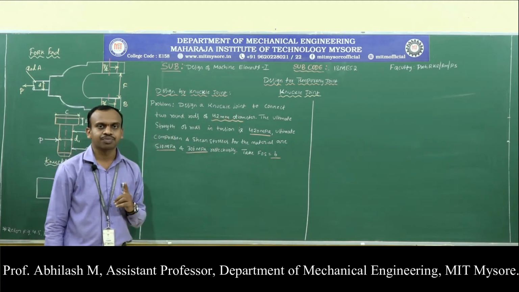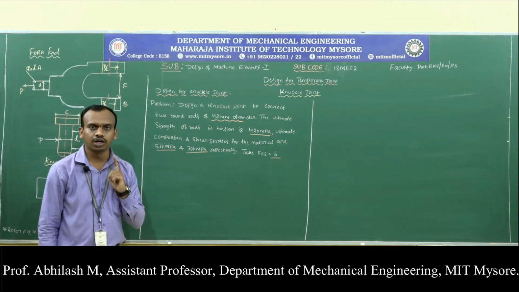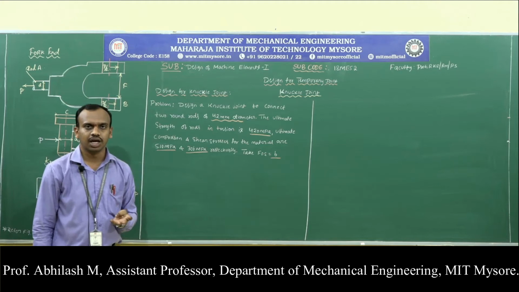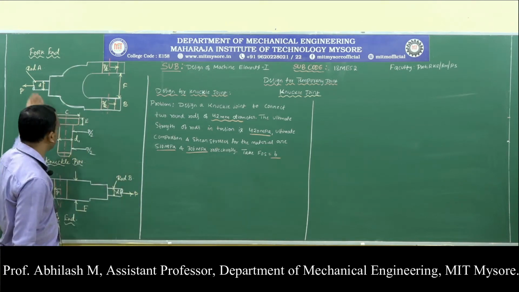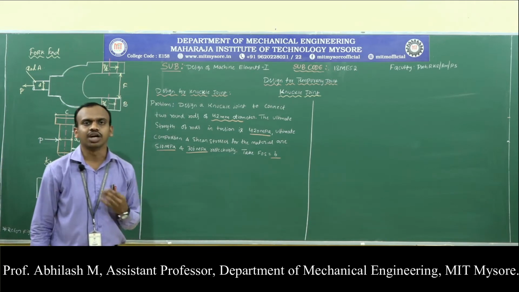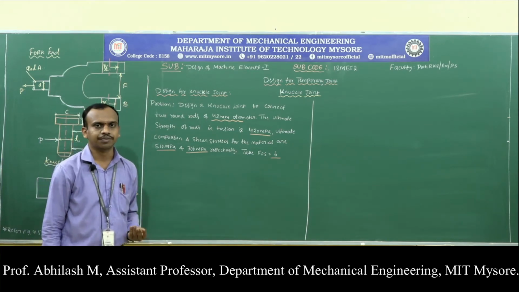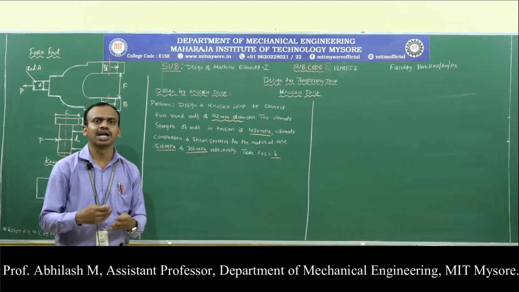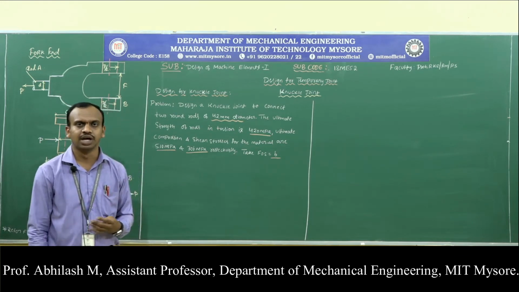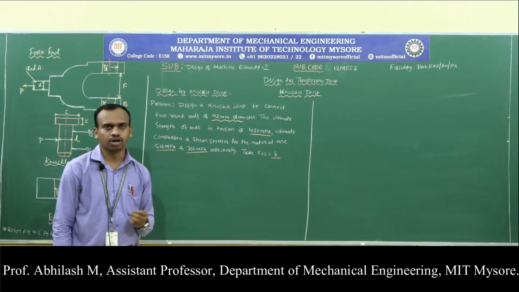And remember, knuckle joints are not at all preferred when they are subjected to power transmission. Imagine these two rods or shafts are subjected to power transmission, then we cannot go with the knuckle joint. They are just used to connect the two rods. No power transmission takes place in the case of either the knuckle or the cotter joint.